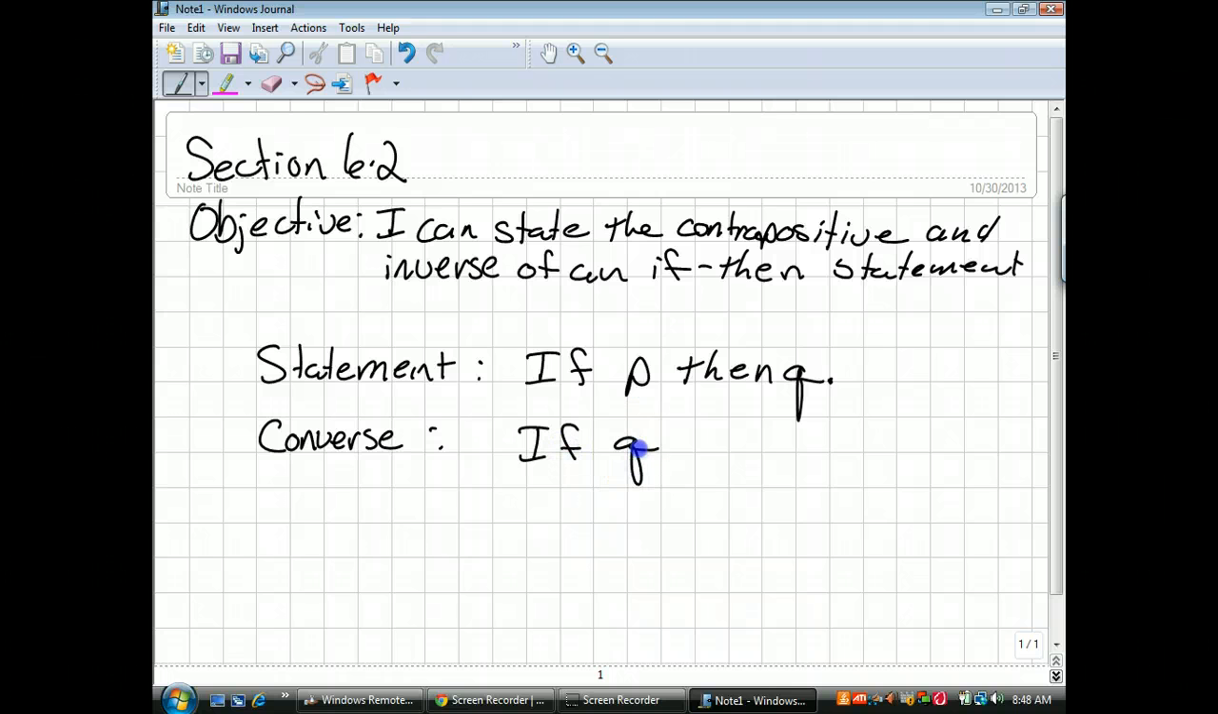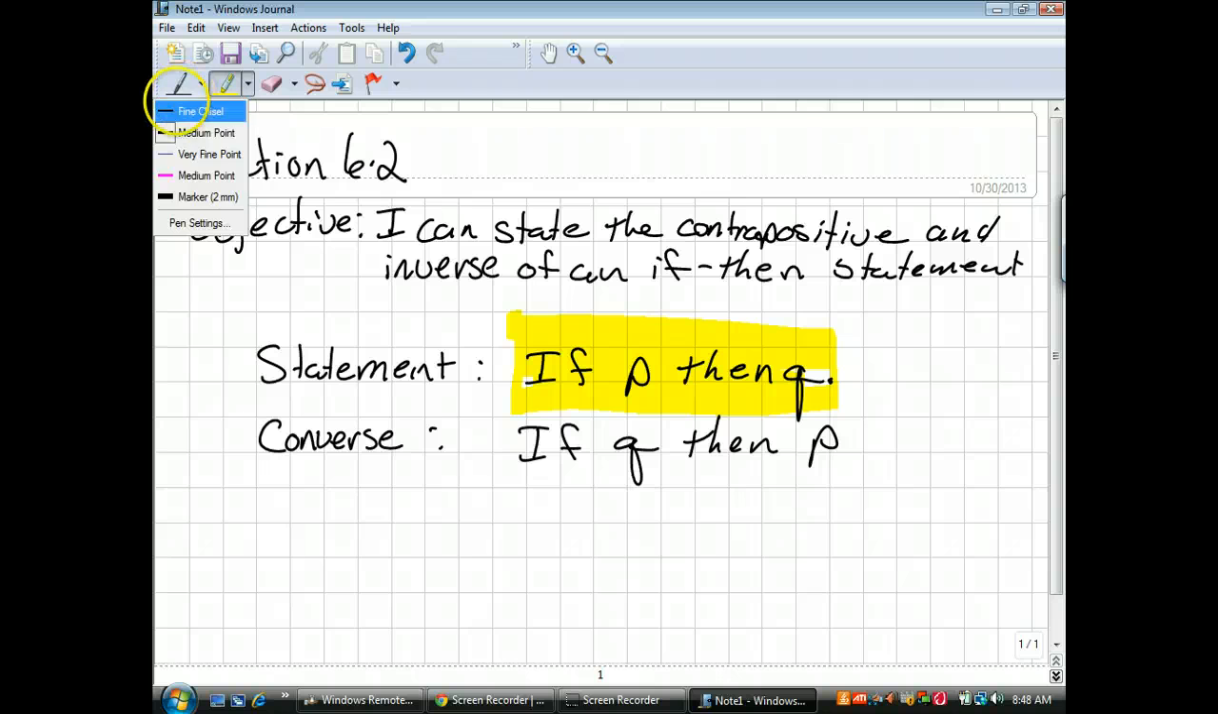And in the converse, remember that the hypothesis and the conclusion are switched. So if Q, then P. And remember we've talked about that if the original statement is true, then there's no guarantee that the converse is going to be true, okay? And today we want to learn about two additional types of statements. And the first type is called the inverse